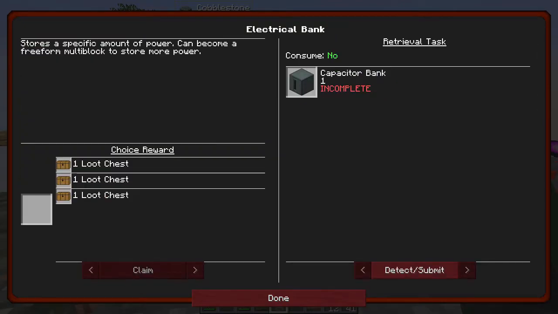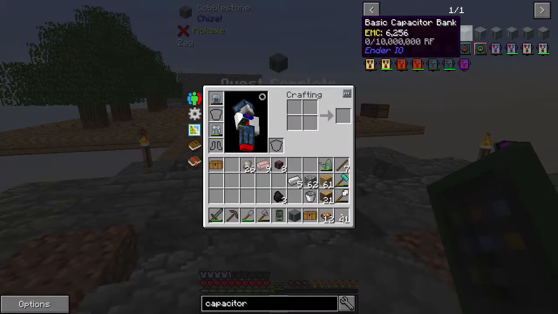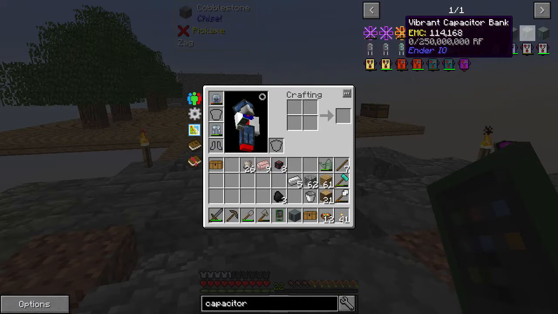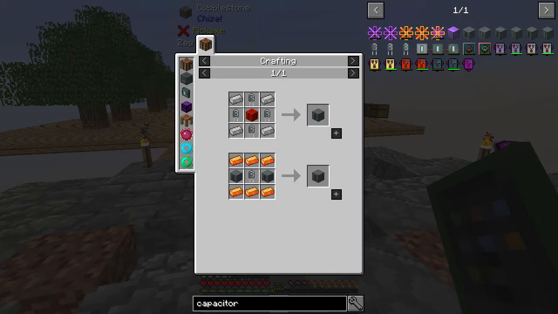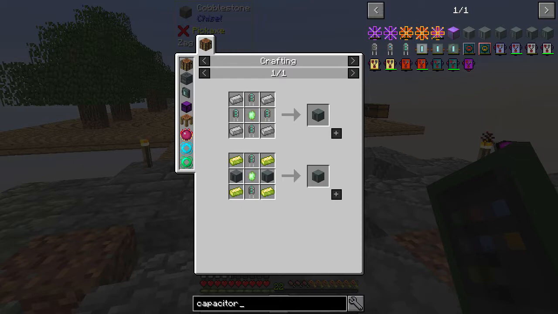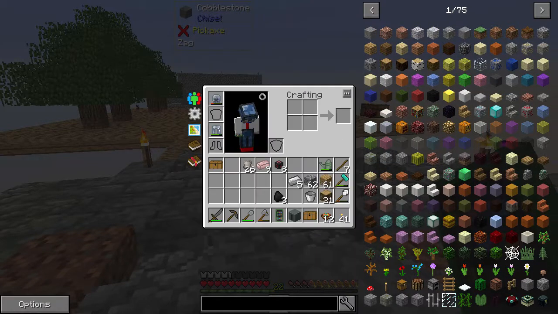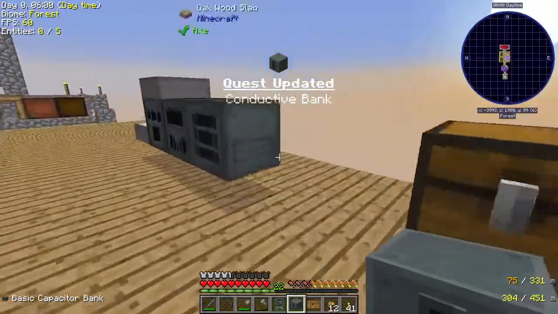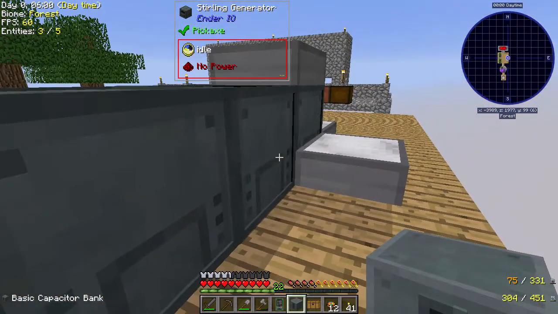So obviously we can get better and better ones of the capacitor banks. The basic one stores 10 million RF, and then 50 million, and then 250 million. But to upgrade this one, we'll need double layer capacitors and 2 basics, and then octadic capacitors and the second tier. So it's not too bad, all things considered. We'll slowly upgrade them as we need to. Now you can make multi-blocks with these capacitor banks, and that is something that is pretty cool, but not really